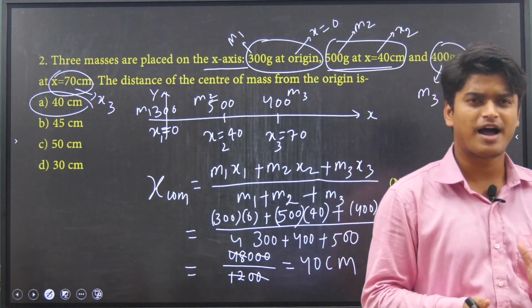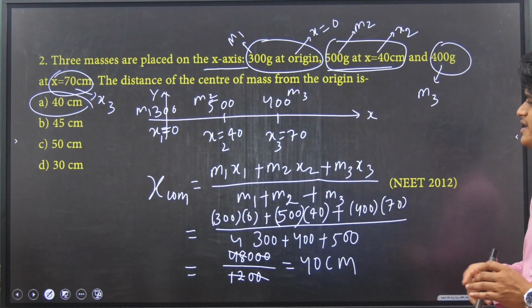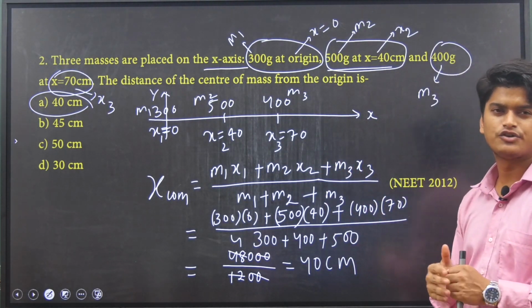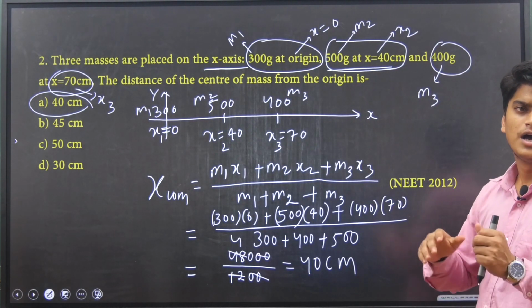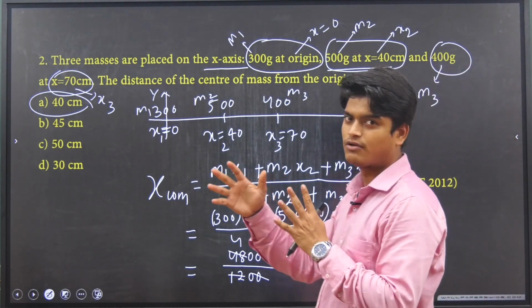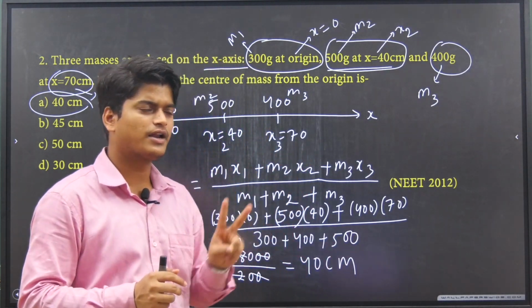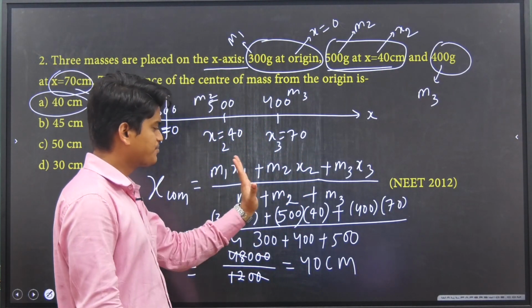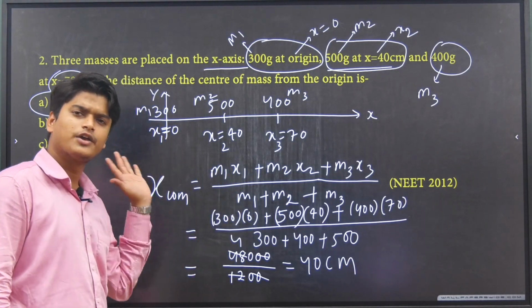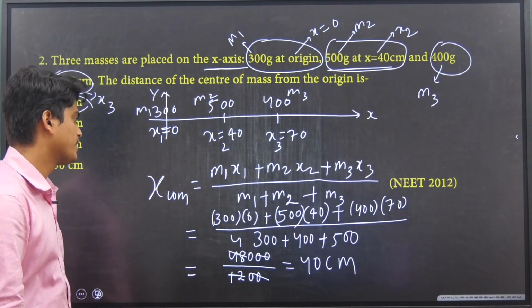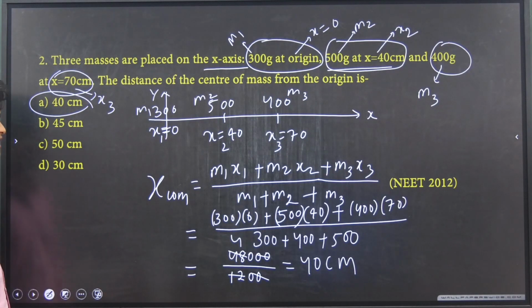And here you cannot apply any trick and all, just normally, because three masses are there. So you can use this formula only, and that formula, in the previous question we did R1, something we calculated easily, that is for a 2 mass problem it is correct. Every time you can calculate for 2 masses, but this formula will be correct if you have 4, 5, 6 whatever masses you are taking. Now move to the next question.